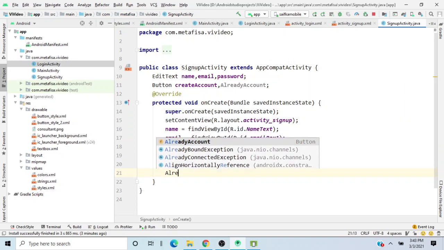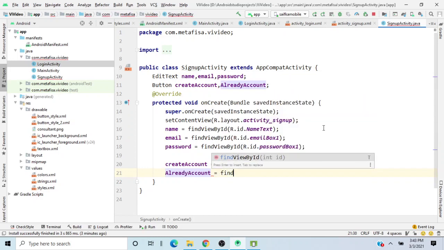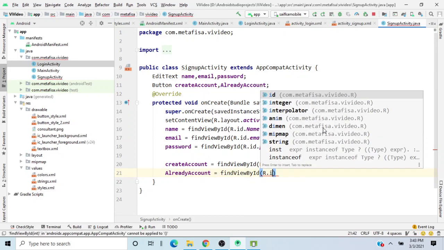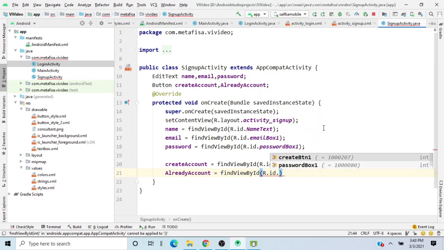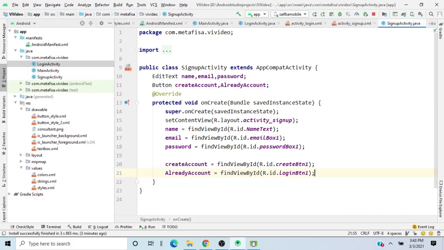And already account is equals to find view by r.id dot login button 1. And now what I will do over here, I'll write already account dot set on click listener, new on click listener,